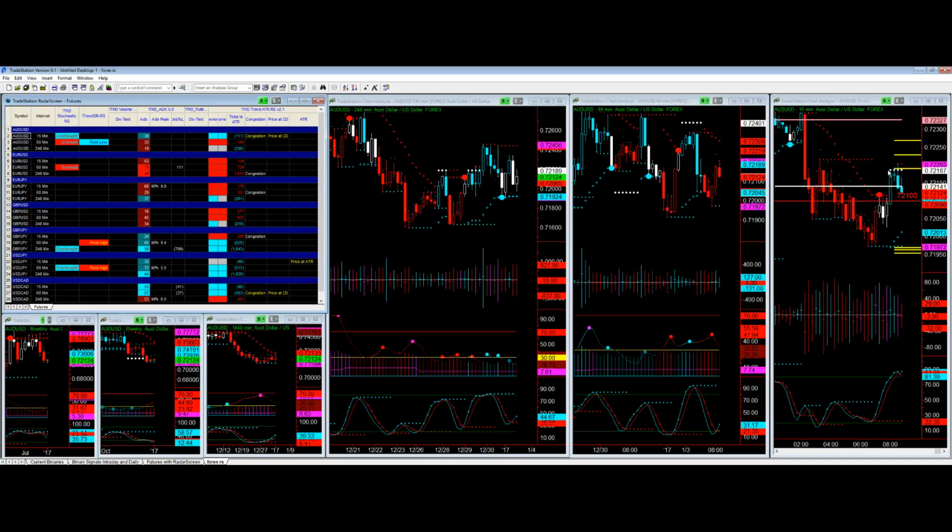And the fact that that little congestion dot formed at 72.18 tells me, okay, it should come back. It's testing for support. Where's the most likely place that it's going to find support? It would be at the ATR. Do you understand now? I was explaining it before, but I had my microphone off.